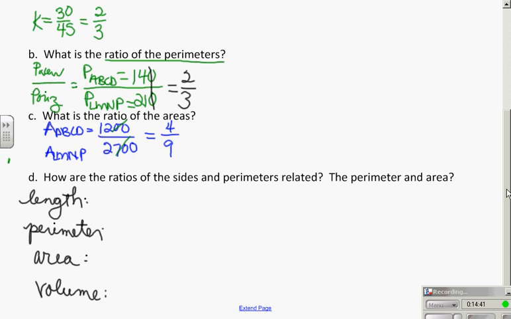Now, looking at this is a bit of a preview for tomorrow's lesson. We see that the length is 2/3, the perimeter is 2/3, the area is 4/9. I'm going to leave you to think about